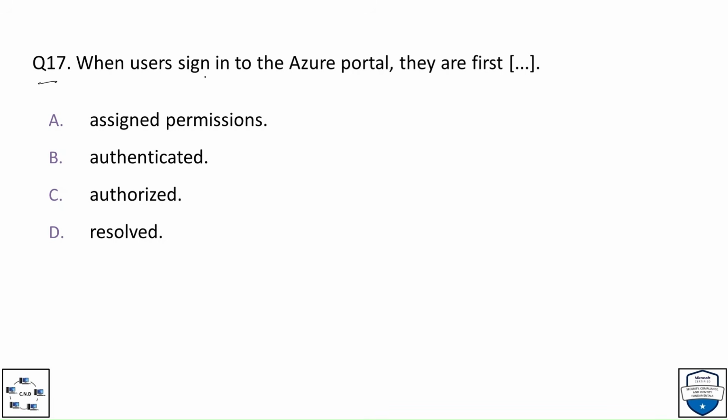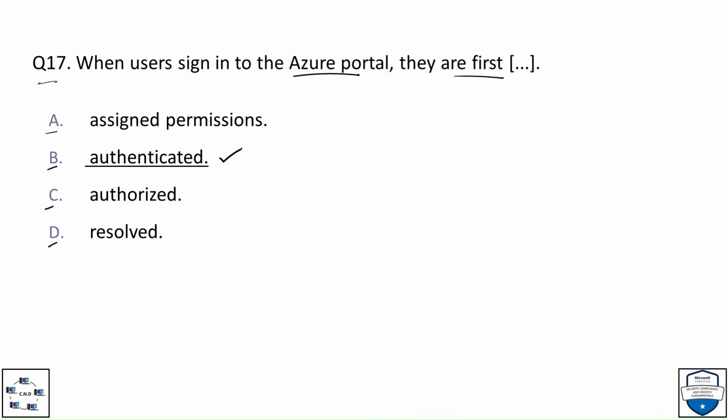Question number 17. When users sign in to the Microsoft Azure portal, they are first blank. Option A, assigned permissions. Option B, authenticated. Option C, authorized. And option D, resolved. And the correct option is